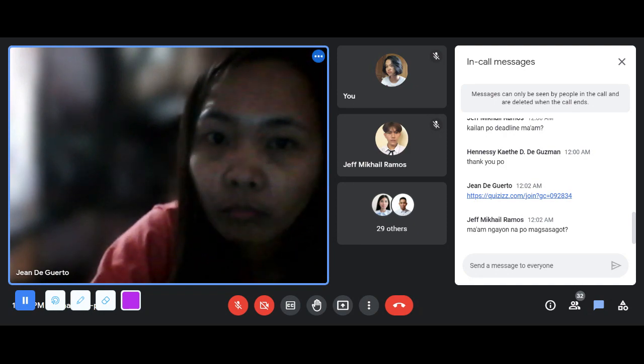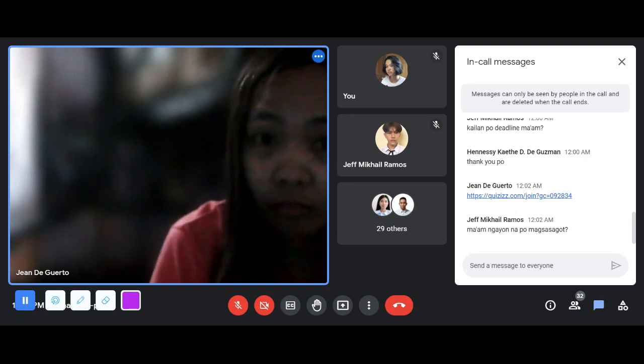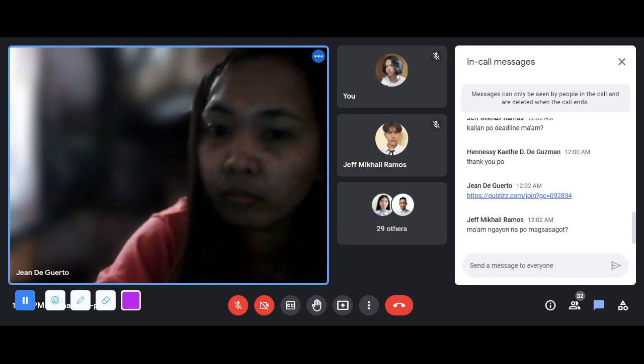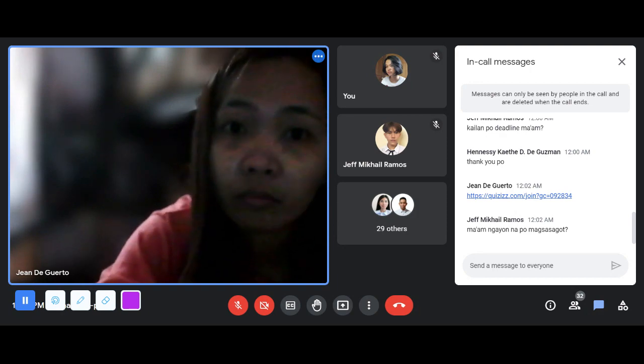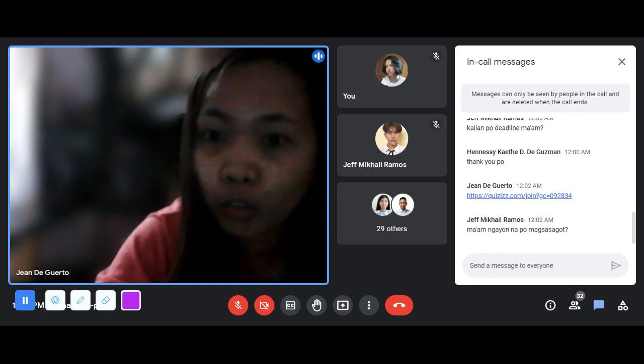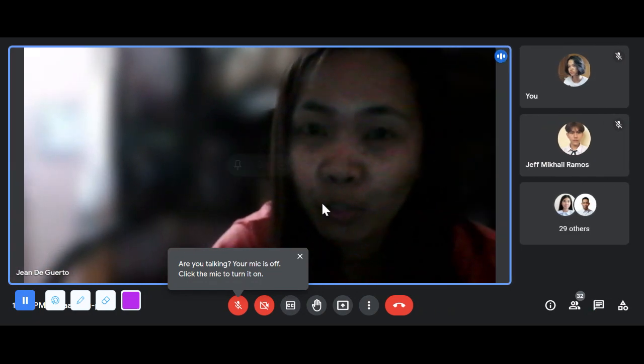Ayun, working naman. So yung mga hindi naka-attend ng class natin, di na sila pwedeng magsagot dito. So wala silang extra points, wala silang plus points para